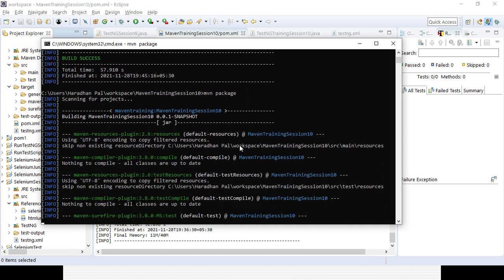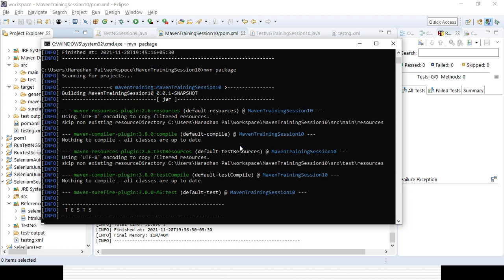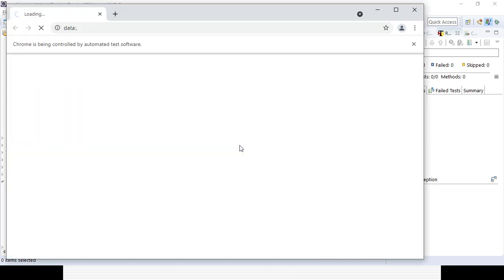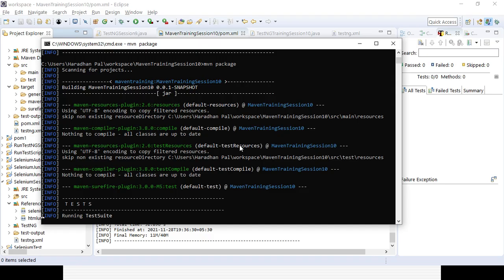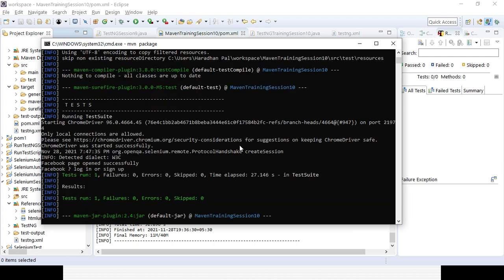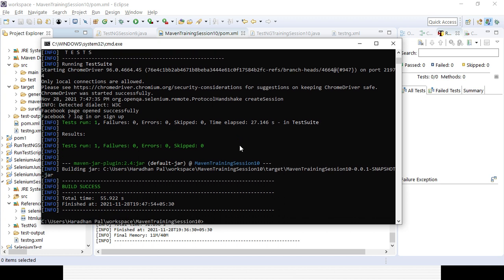And you can see this is the Maven life cycle. Yeah, you can see the jar building jar is completed, right?